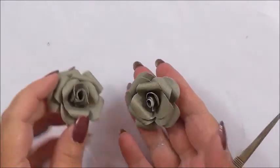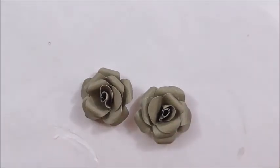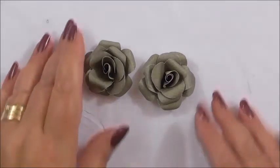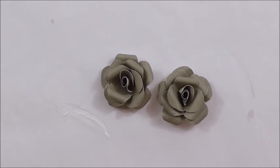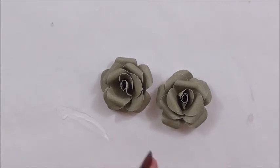project number 10. Now I hope that's helped, because I get so many questions from people asking how did you make the flowers for that project. So hopefully that helps. And I know you're looking at just the 2 flowers and you're thinking, oh, I can't do that. But yes, you can. And I went really slow then. And I just hope you've managed to see everything, you know, the